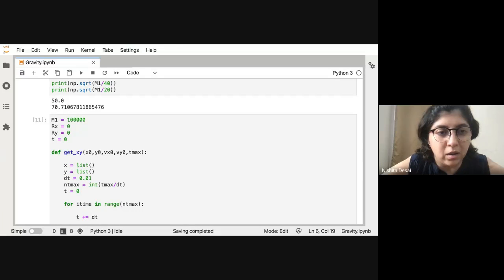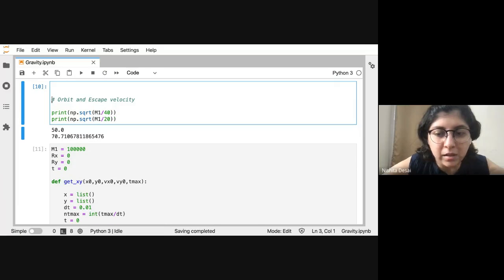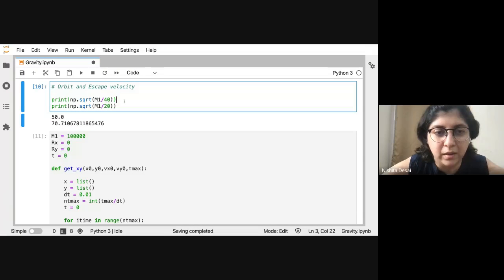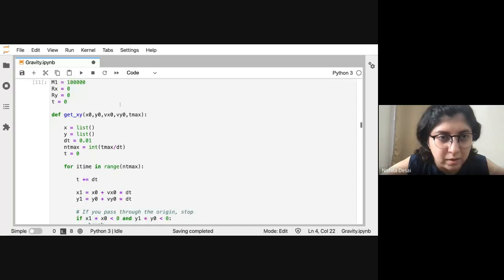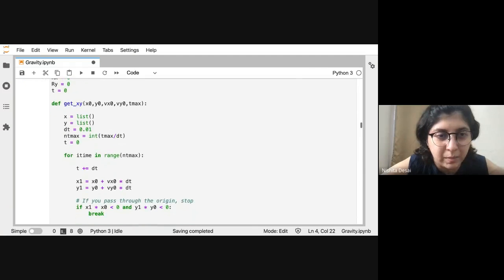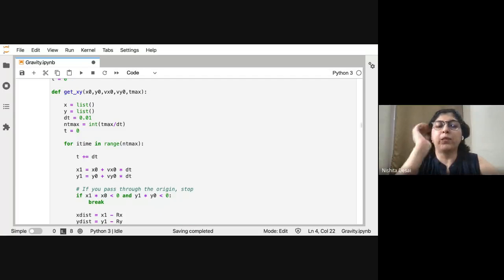Okay. All right. So this is the calculation for what velocity you require for orbit and what velocity you require for escape. Those are the numbers, and we can try them out. Before we go there, what I'm going to do, which is something we're also going to use later on,